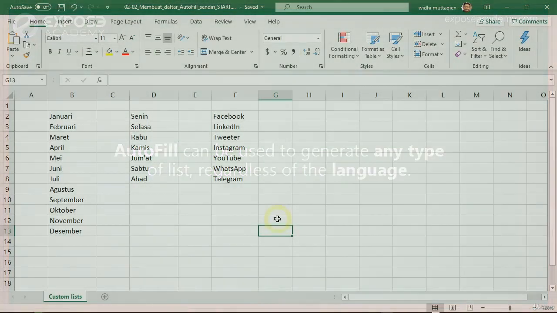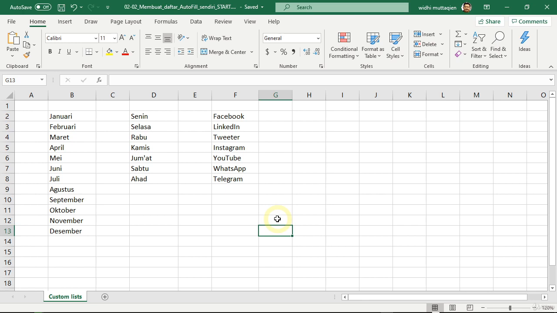we are using. To create a custom autofill list, first, you need to create the complete list manually. For example, in this lesson, I want to show you how to create the list of month names and also day names, but in Indonesian language. Then, for a more custom example, I will create a list of social media names. To save time, I already made this list before off the record. You can create your own custom list if you want to, or simply download the file I have provided.